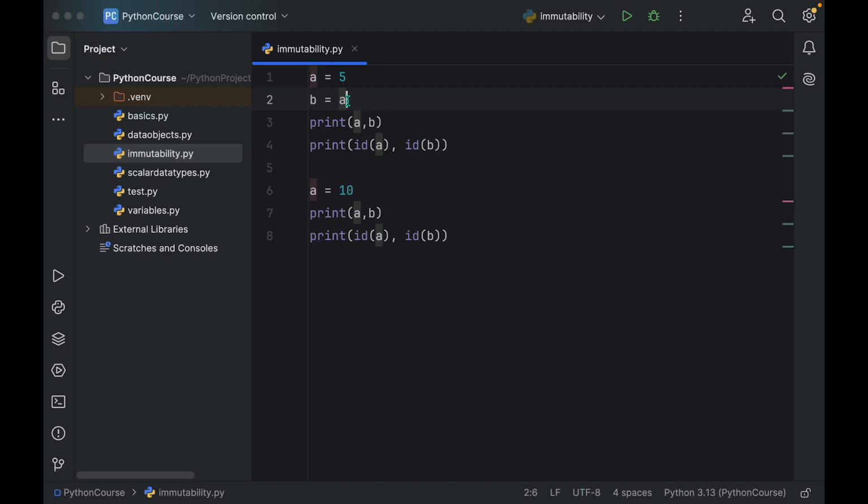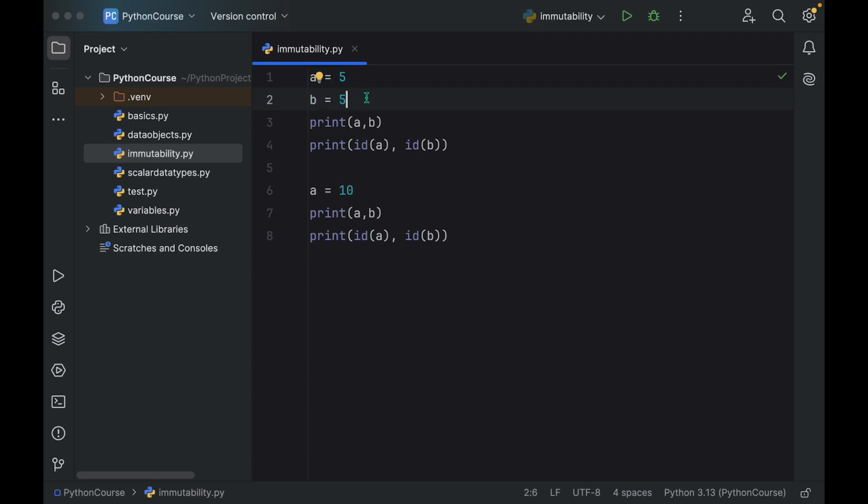In this example, we are basically copying a reference to another variable. So both the variables a and b will refer to the same integer object. But instead of b is equal to a, what if we have b is equal to 5? Now here we are not copying any reference. So what do we generally expect? a will refer to some integer object 5 and b will refer to some other integer object 5. That's what we expect. But what Python does is it will make variables a and b refer to the same